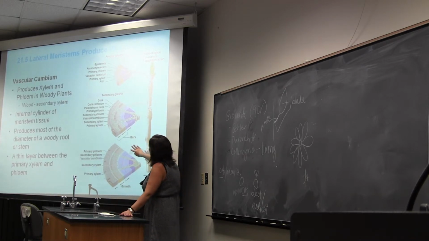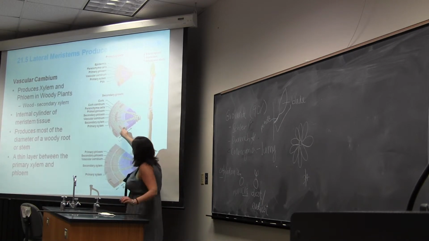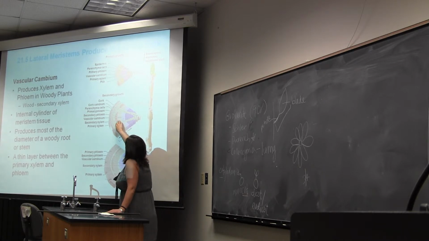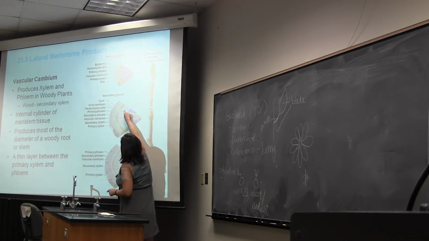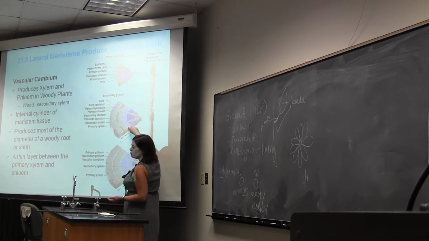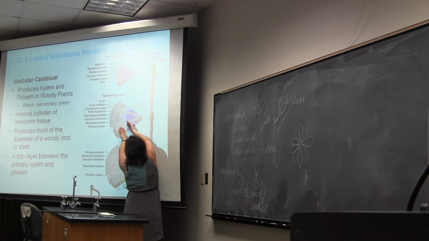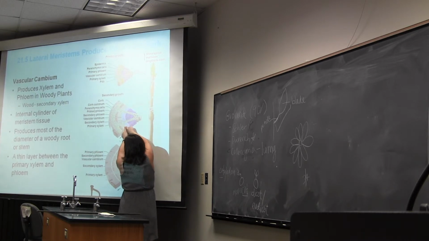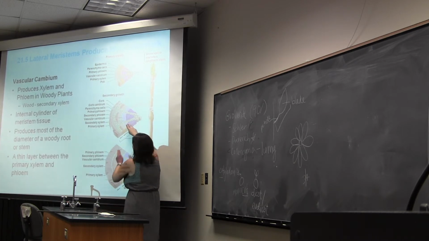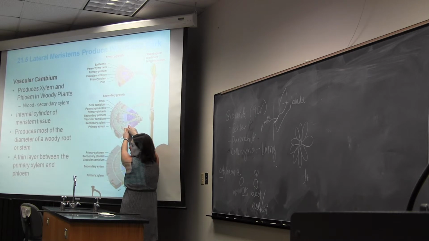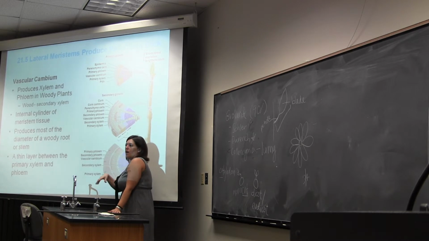So in our little baby plants, here we're going to have our xylem right here, and then our phloem right here. So as this continues to divide and produce new tissue, it's going to create new xylem and new phloem. And then as it ages, these are going to be pushed back, and then it's going to make another layer of new xylem and new phloem. These new xylem and new phloem are always going to be made on both sides of the vascular cambium. And then as the tree ages, it'll get pushed back, and then it can make a new set of xylem